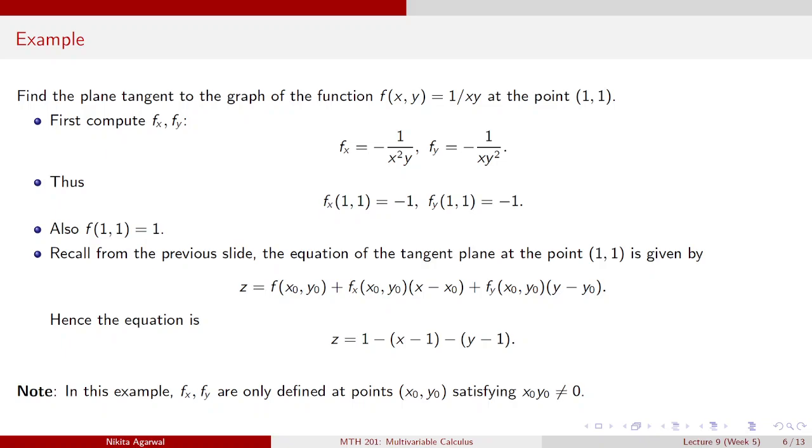So in this example, f_x and f_y are only defined at the points (x0,y0) where both are non-zero, right? In fact, that is the domain of the function. When either x or y is 0, the function is not defined. So this function is only defined on points where both x and y are non-zero, right? And at all those points you have an equation of a tangent plane,